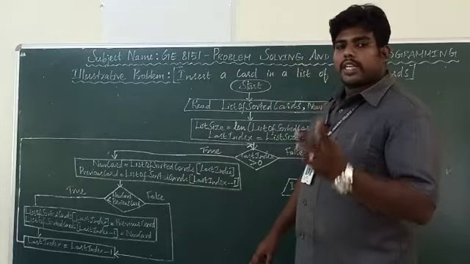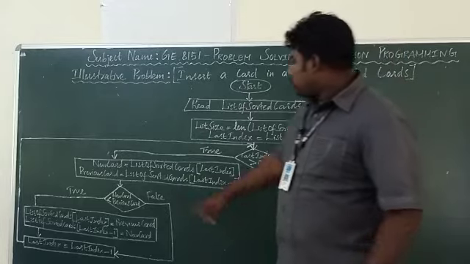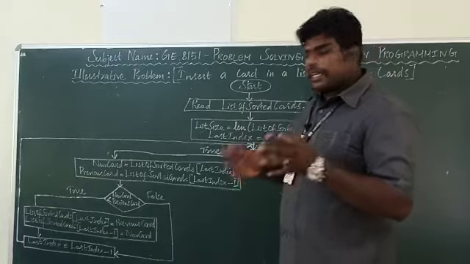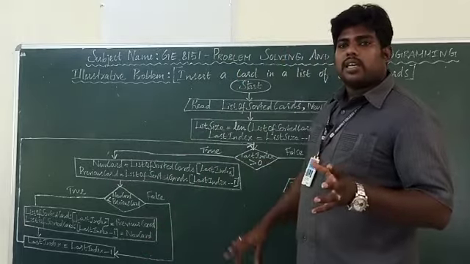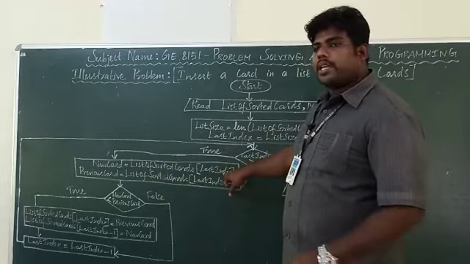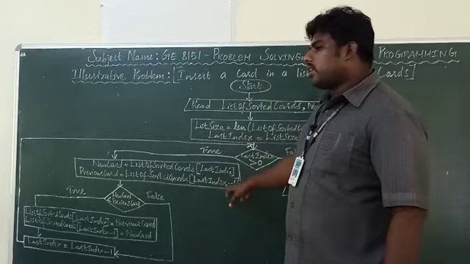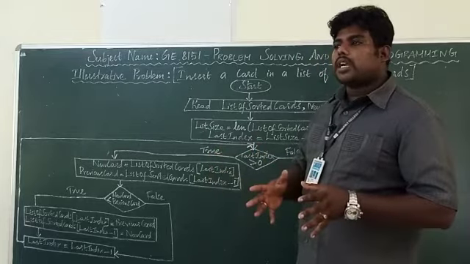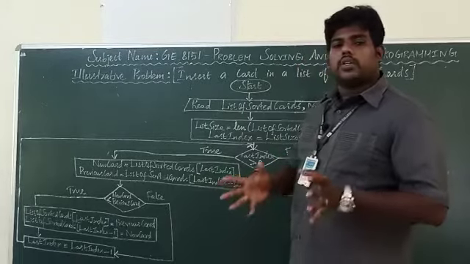We have to assign two things. What are the two things? We have to find the new card as well as the previous card. So new card equal to the list of sorted cards, that is the list name, right? In the list, last index is the new card, because you appended it at the last position. So new card equal to list of sorted cards last index. Then previous card equal to list of sorted cards from last index minus 1. So new card is the last position and previous card is the last index minus 1.